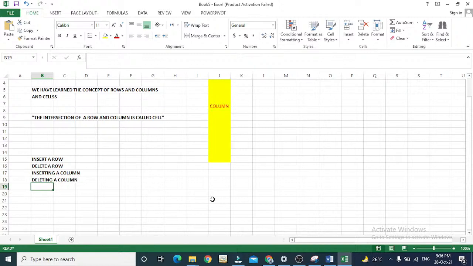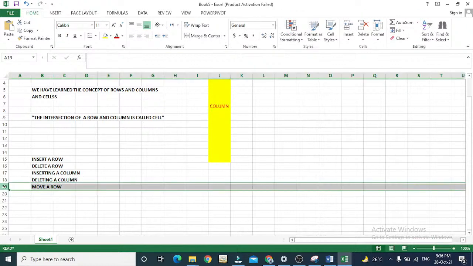Now, how to move a row. Suppose I want to move a row, what do I have to do? I am moving a row. For example, I want to move this row. What will I have to do? I will have to select this row, and I will move my mouse cursor to here,